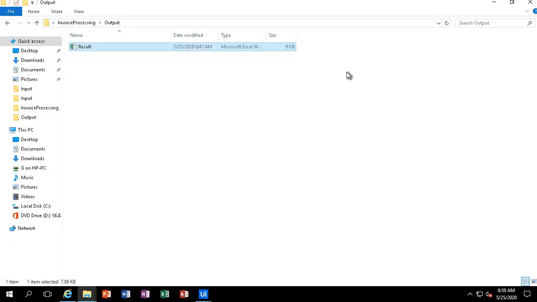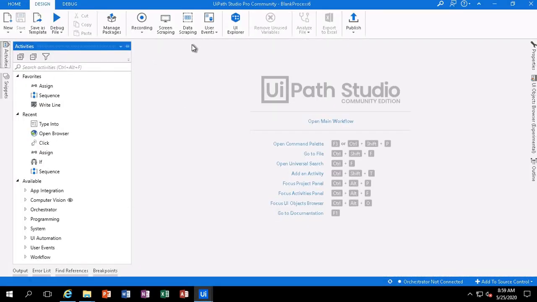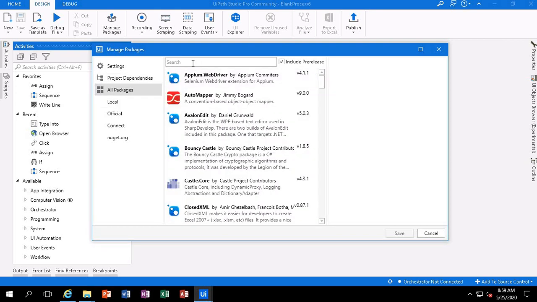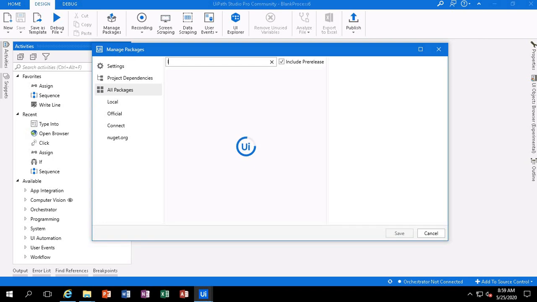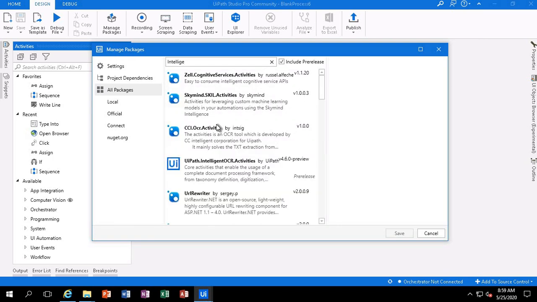To extract the data, first we will have to install Taxonomy Manager. As you can see, we do not have any option like Taxonomy Manager here in the ribbon. To get it, we will go to Manage Packages, and from all packages we will search for Intelligent OCR.